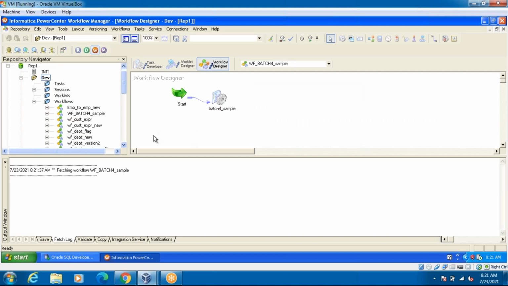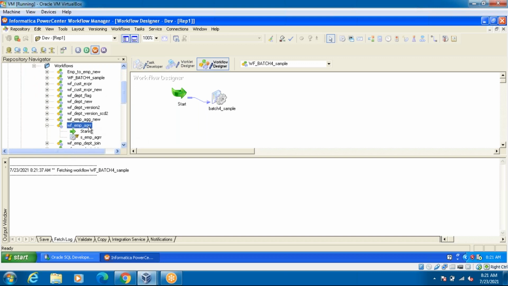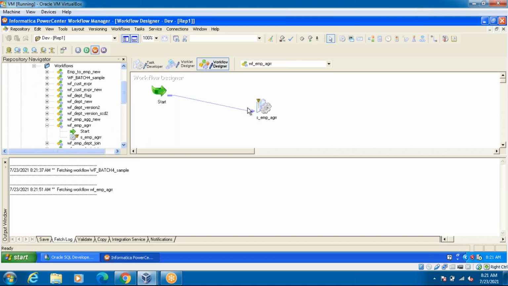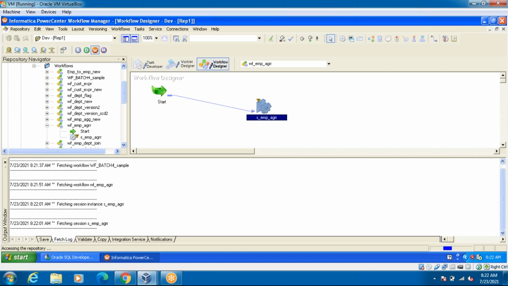See, guys. So I'm going to execute this. This is my workflow, and it's showing some error. Why is it showing like this? Let's see.